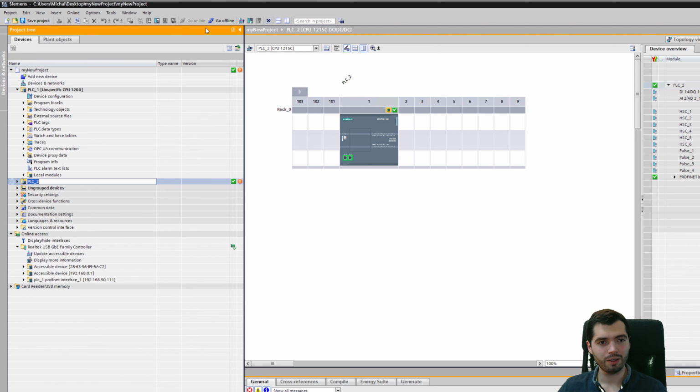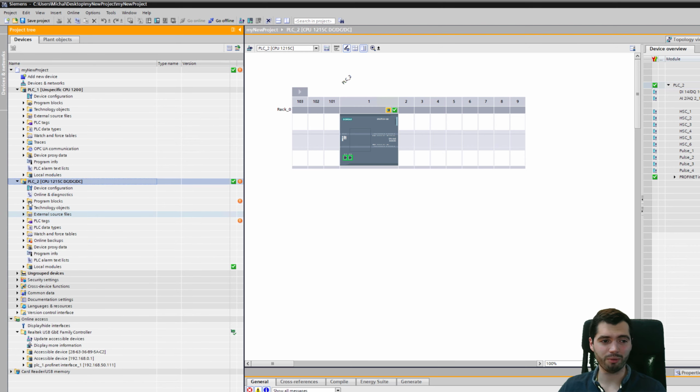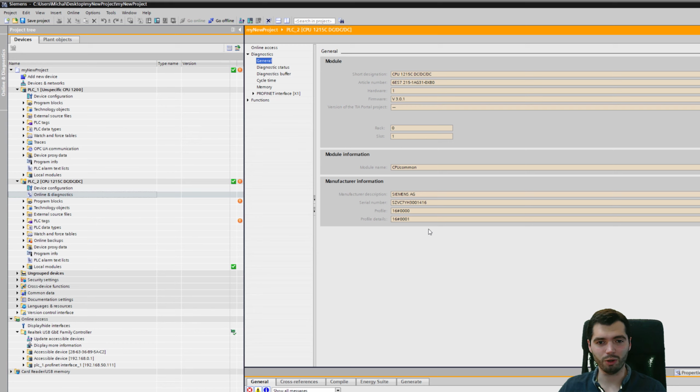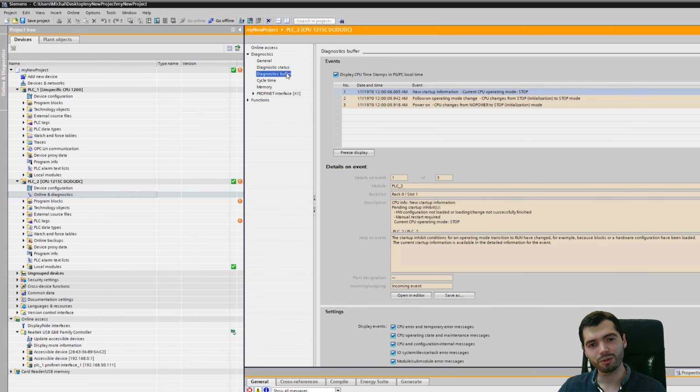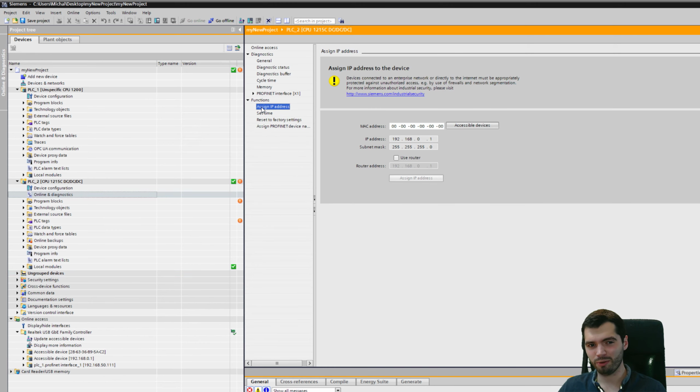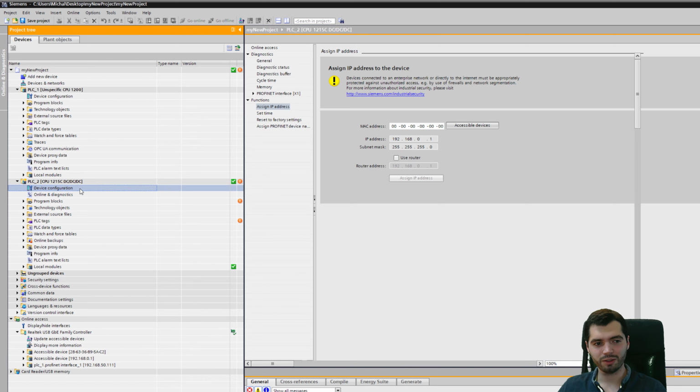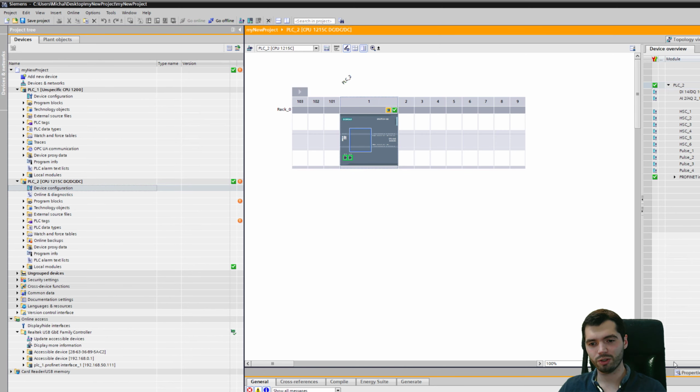Yeah. Now, if I wanted to check, maybe something is going wrong with this guy, I can always go online diagnostics. I can go diagnostic buffer. If it is stopping for some reason, I would probably find an indication why it is stopping here. If I wanted to change his IP address, I could theoretically go here, assign IP address, but I would suggest against it, okay? Because then when you download your project, it's going to overwrite it again to the default of 0.1. So rather than doing this, you would go device configuration,